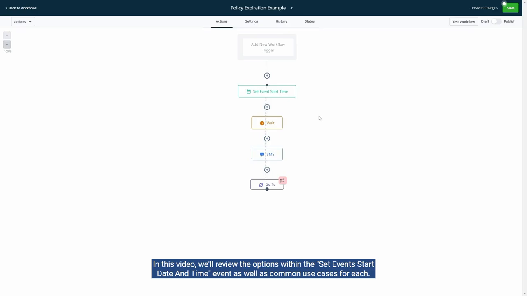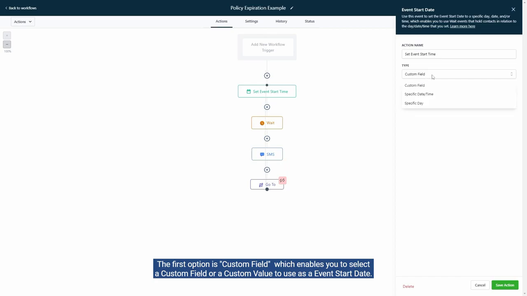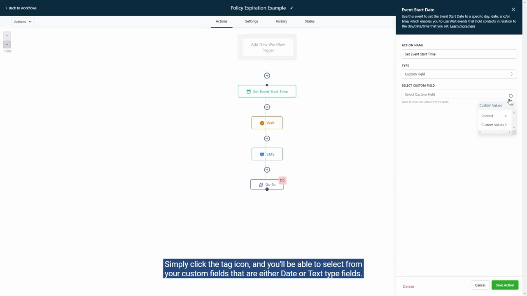use cases for each. The first option is custom field, which enables you to select a custom field or a custom value to use as an event start date. Simply click the tag icon and you'll be able to select from your custom fields that are either date or